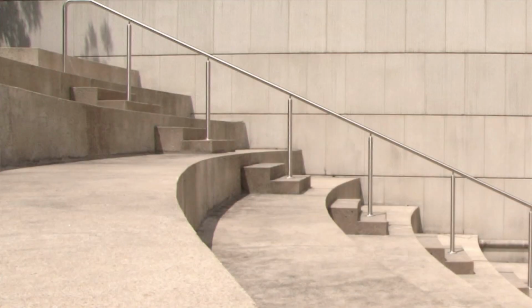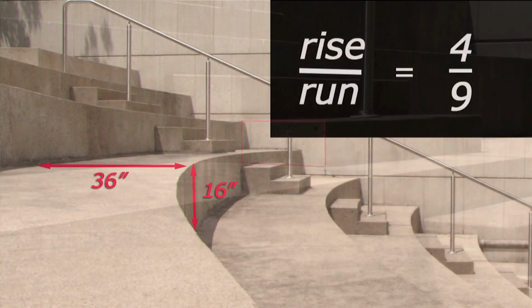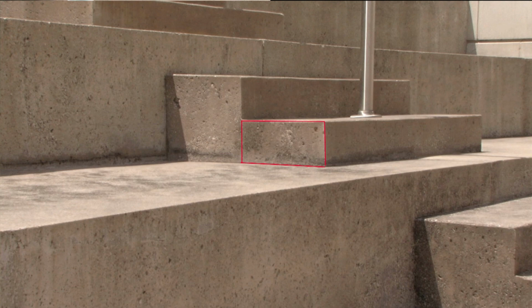If I took out my tape measure and I measured the seats, I would find out that they're 36 inches deep and they rise 16 inches. So rise over run, that's a slope of 16 over 36, or we can reduce that to 4/9. We get the same thing on the steps, and this time we would measure them as 12 inches deep. And wait a second, now I don't even need to do the measurement because I know it's the same slope,